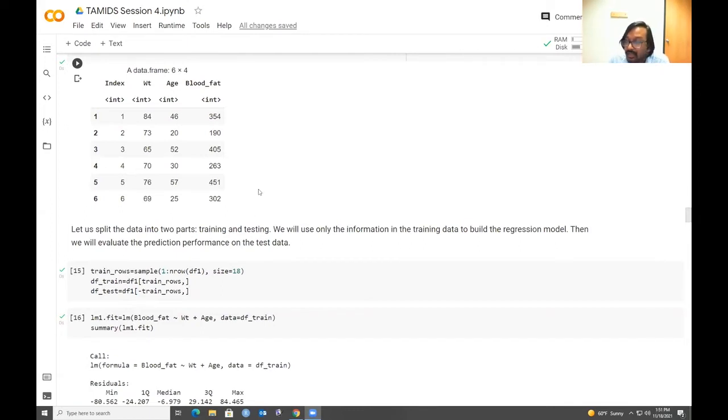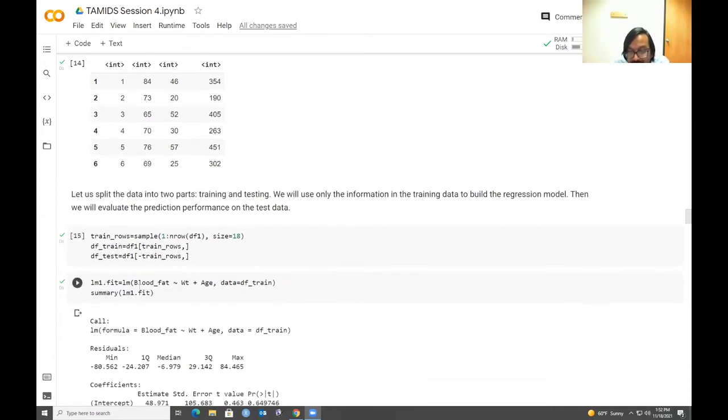If I want to fit a multiple linear model, I use the same function, lm, and the overall structure remains the same as before. We have the response, tilde, the predictors. The only thing is that there is more than one predictor here, so we separate multiple predictors by the plus sign. The data, of course, is the training data, not the entire data set. So we are going to pretend that we only have the training data portion to train our model. And then we can look at the summary of this fit to check how the model performed